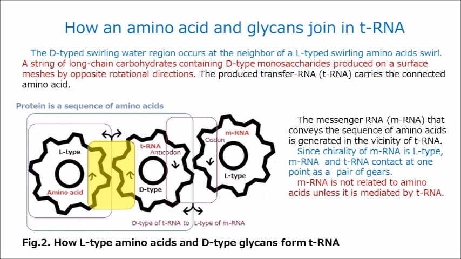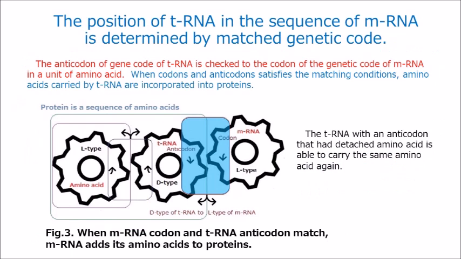Since the chirality of mRNA is L-type, mRNA and tRNA contact at one point like a pair of gears. mRNA is not related to amino acids unless it is mediated by tRNA. The position of tRNA in the sequence of mRNA is determined by the matched genetic code. The anticodon of the genetic code of tRNA is checked against the codon of the genetic code of mRNA in a